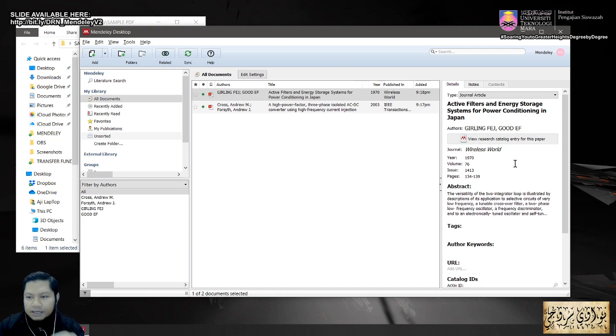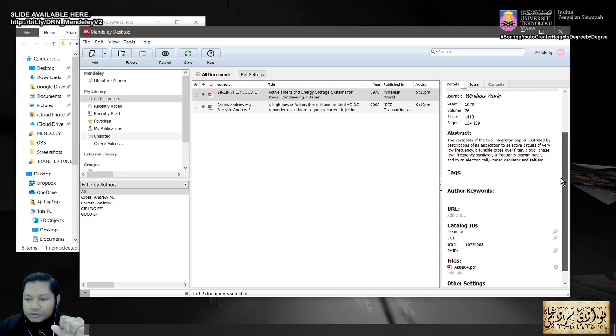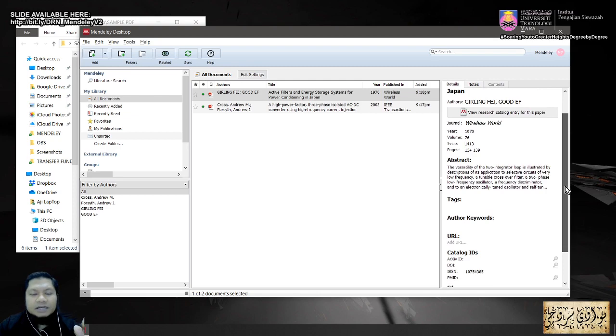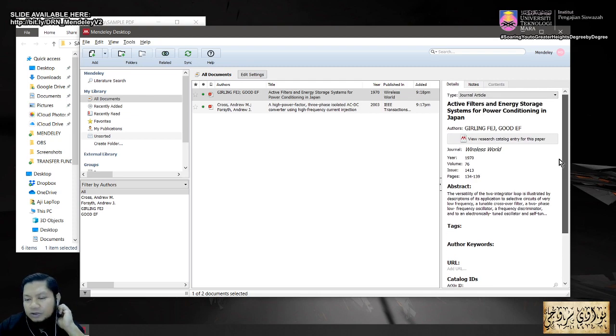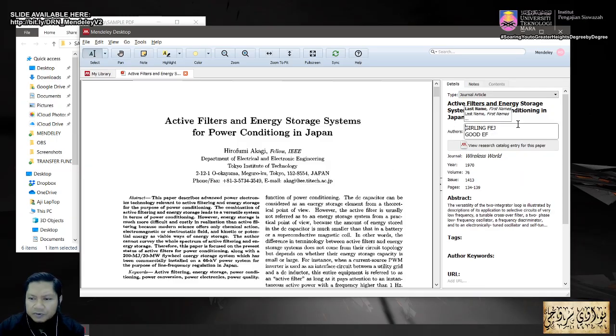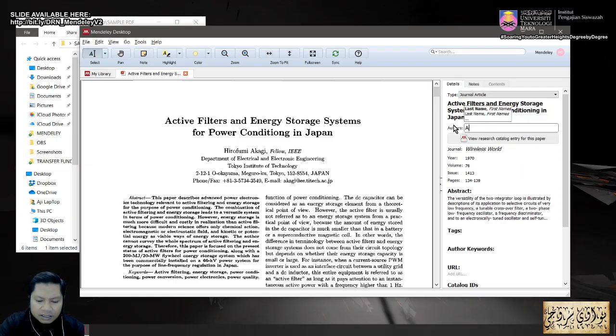Okay, right? I think the authors are also not correct. I'm going to leave it a bit, and I'm going to show you later on how you can complete all this information in an automatic way. You can automatically add everything in there. But for this time, I'm going to put Hirofumi Akagi. I just put it as Akagi. Can put it as Hirofumi. Sometimes it will